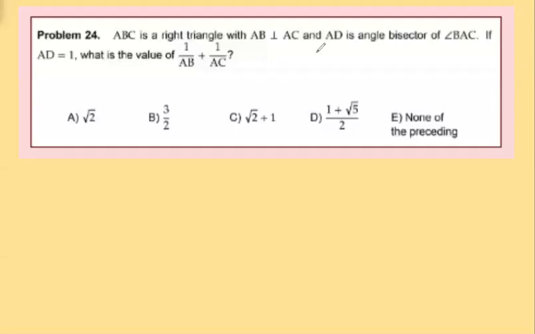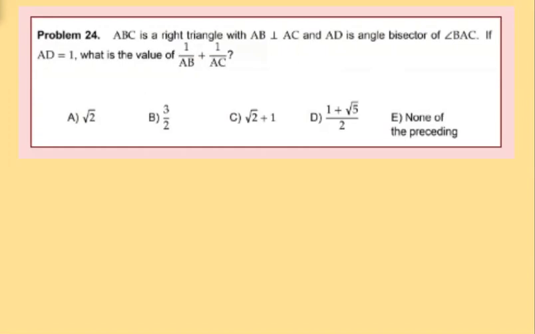Hey everyone, so in this video I'm going to talk about a question that involves a few things altogether. So this is the question. We are given a right triangle and an angle bisector of that right angle, and we'd like to find 1 over AB plus 1 over AC. It's not really clear what to do with this problem if we don't draw the picture,